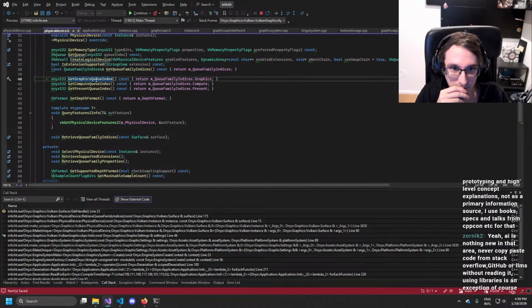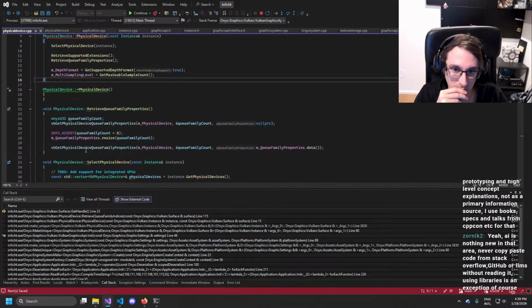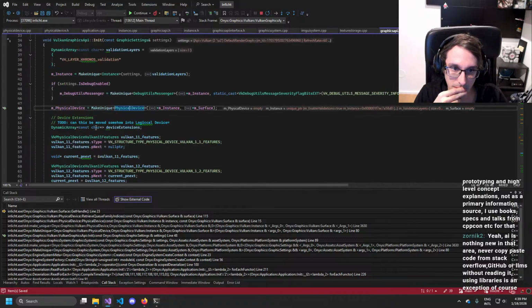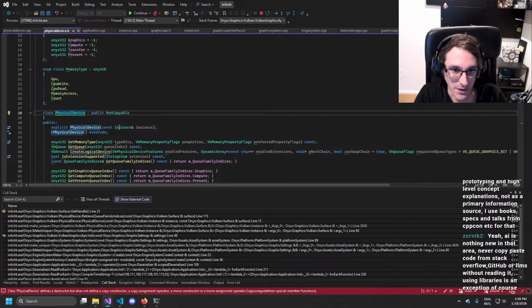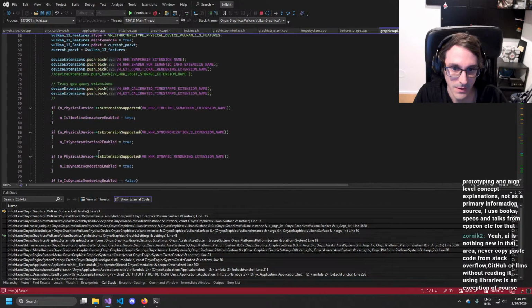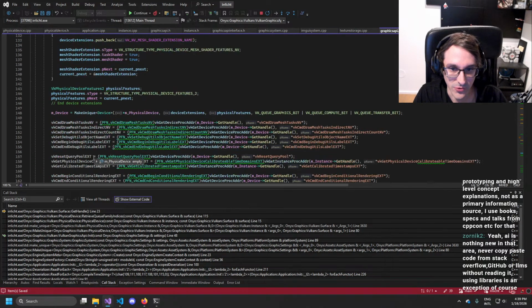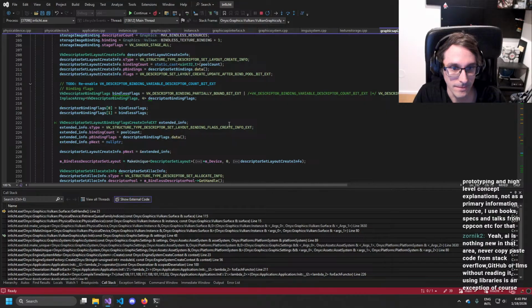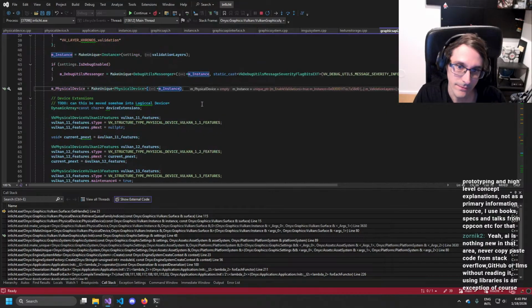Oh, here, get graphics queue index. Okay, I think that is a little more work than I thought. Because while I can take away that part, all the queue stuff would now not work probably. Okay, it's maybe not that straightforward as I thought it would be.